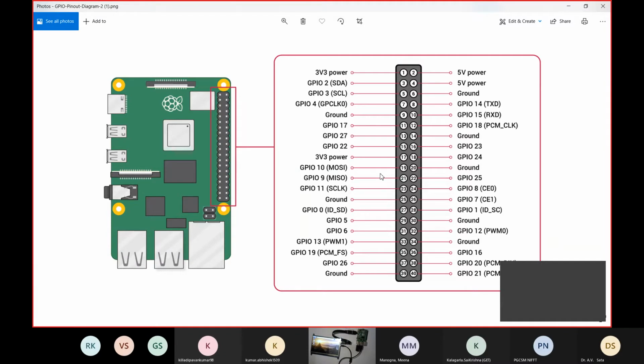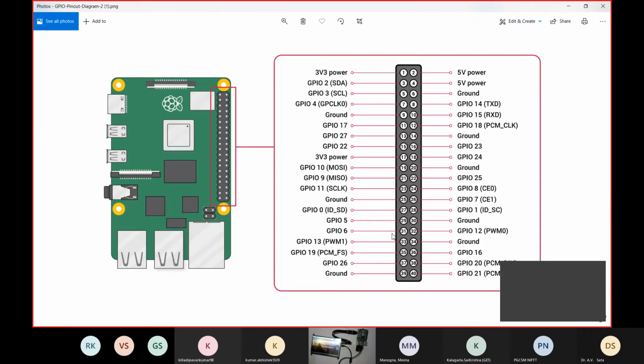You can use PWM pins, which is GPIO 13, that one is pin 33 in the bottom part. Also, there is PWM pin 10. It depends on our requirements, how many we want to connect. There are 6 ground pins over there. You can connect with them very easily.